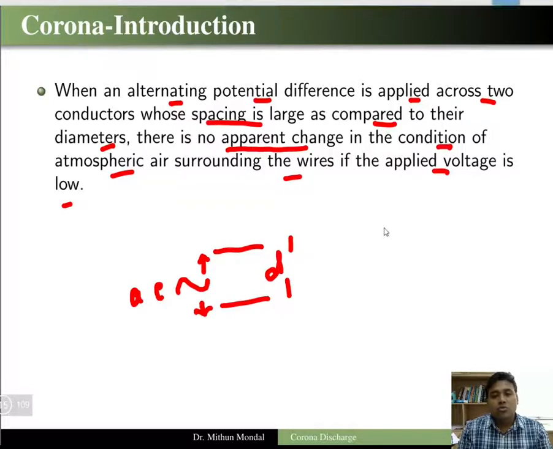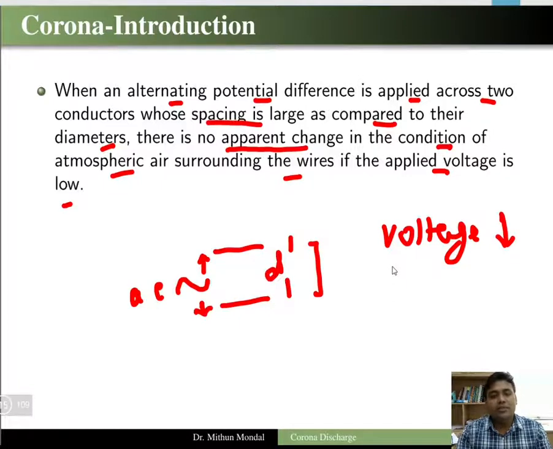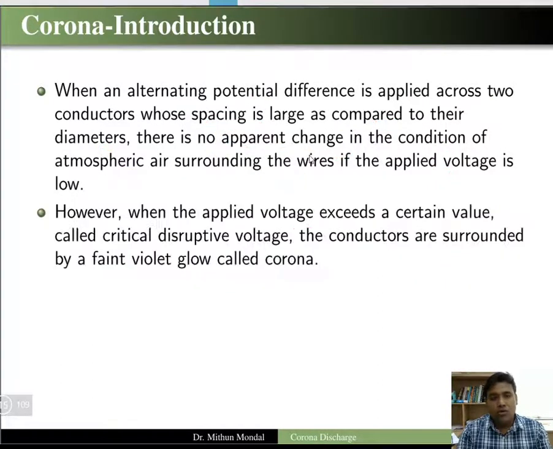So when the voltage applied between the two conductors is low and the separation between the conductors is large compared to the diameter, there will not be any apparent change in the condition. However, when the applied voltage exceeds a certain value known as critical disruptive voltage,